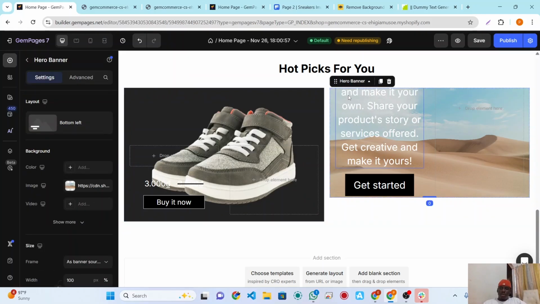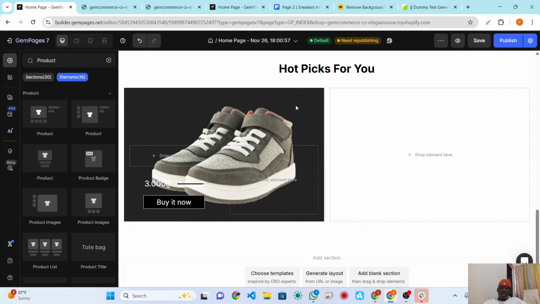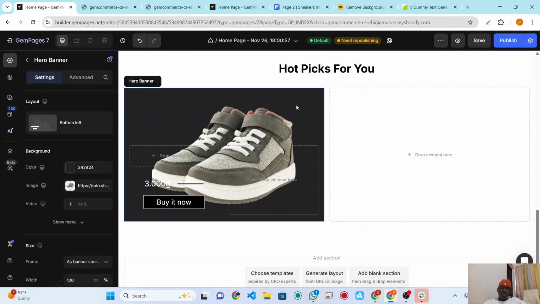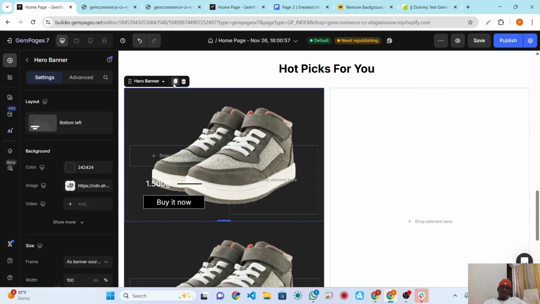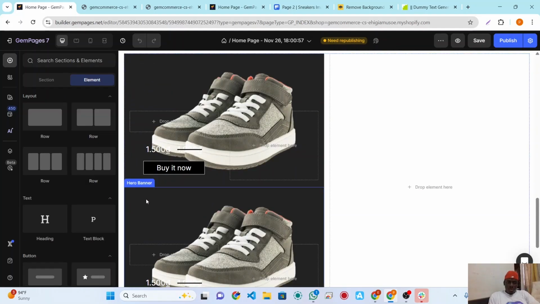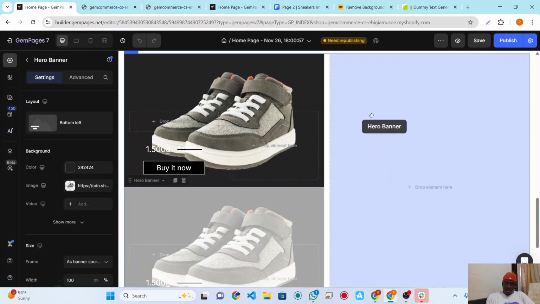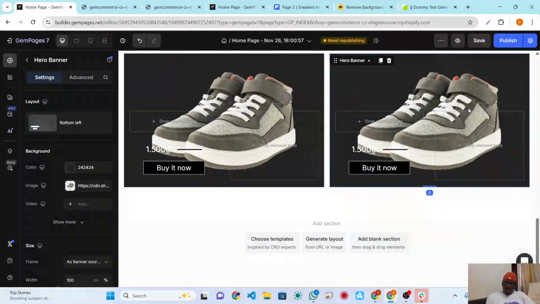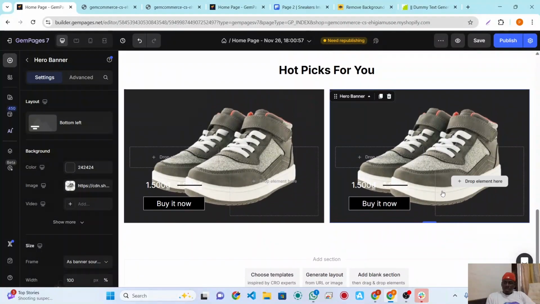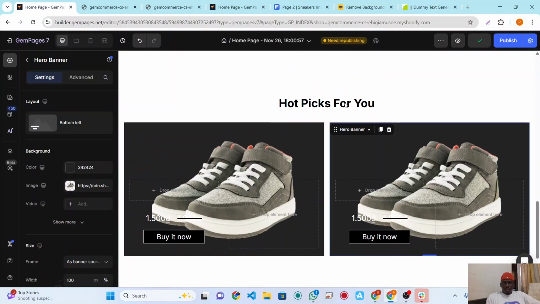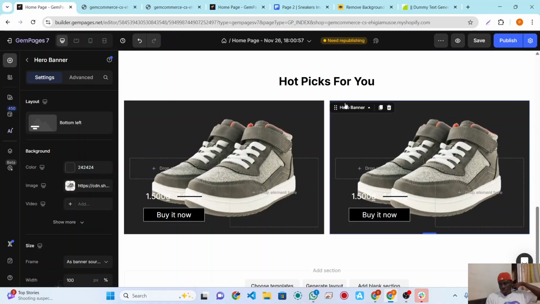rebuild from scratch again since we created it here. Let's just duplicate this one, this arrow banner. Let's duplicate it. Okay, so let's drag this arrow banner up here. Okay, so what we do now, let's change the image. But before we do that, I'm thinking we should, or let's just